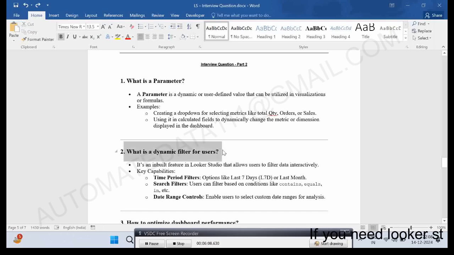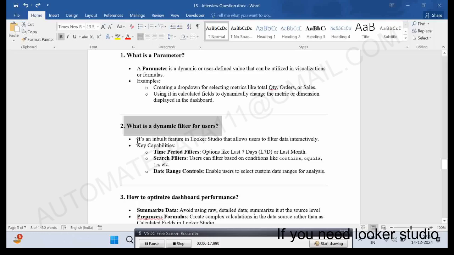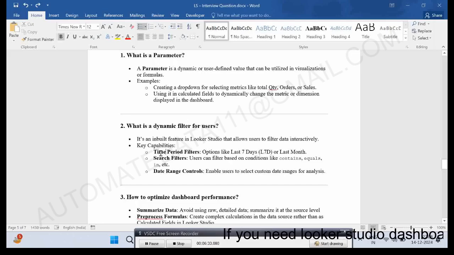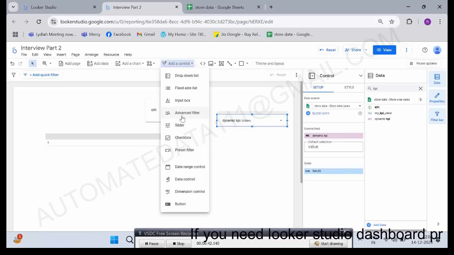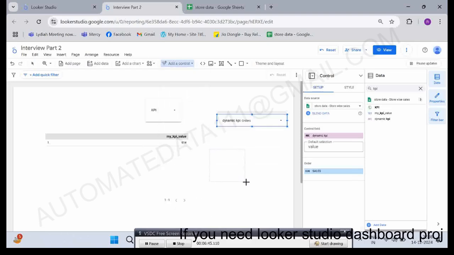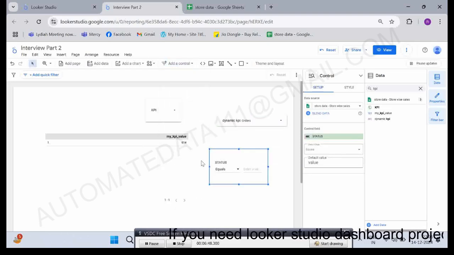It's a very simple question, and you can achieve this very easily. It is an inbuilt feature in Lucas Studio that allows users to filter data interactively. This feature contains time period filter, search filter, and date range control filter. Now take a look here. If you go to add control, there is one option, advanced filtering. If you put in this advanced field filtering, let's say I am putting here